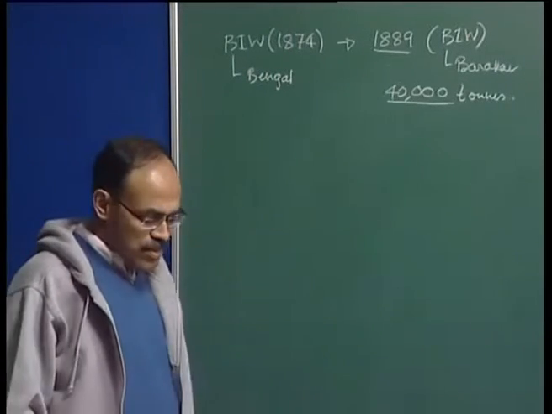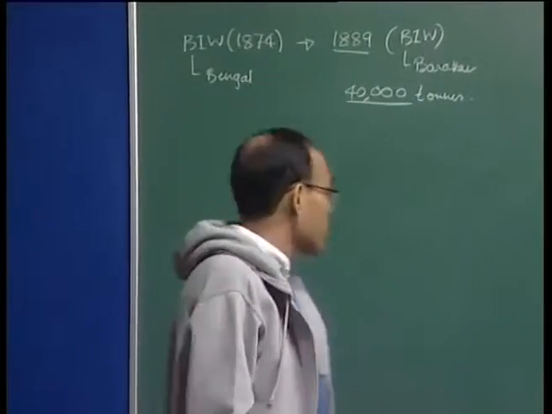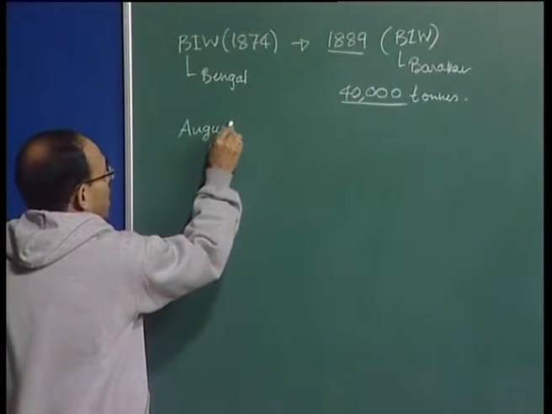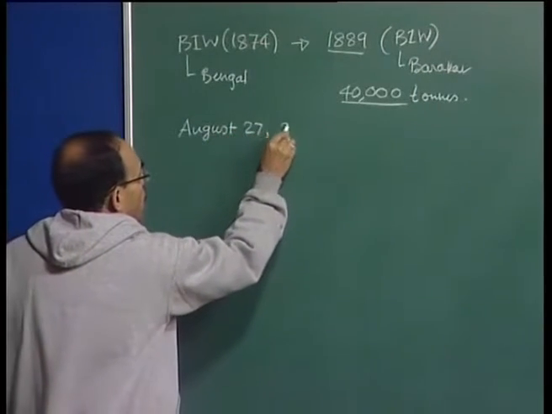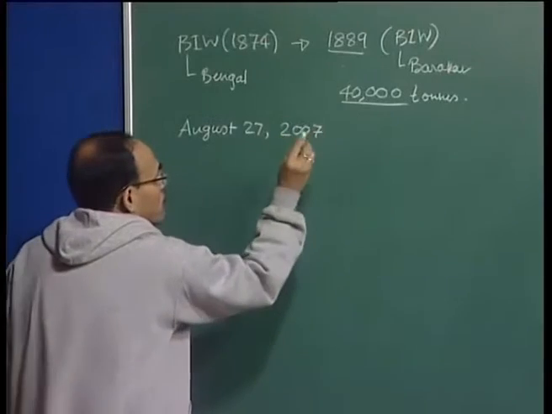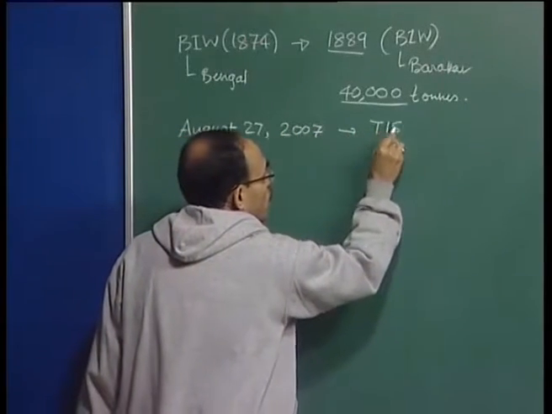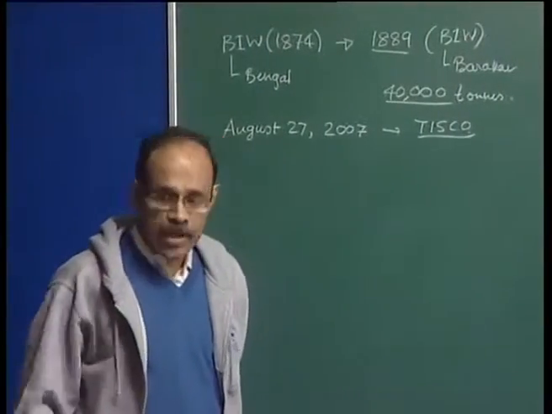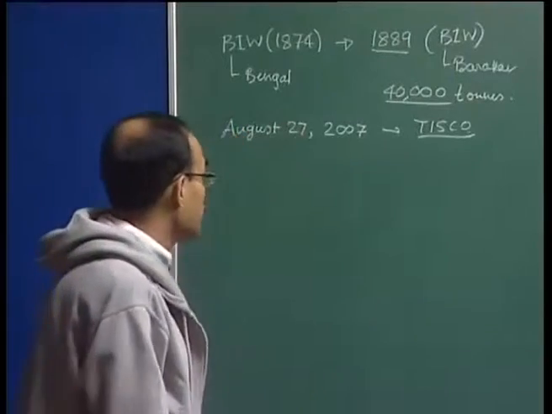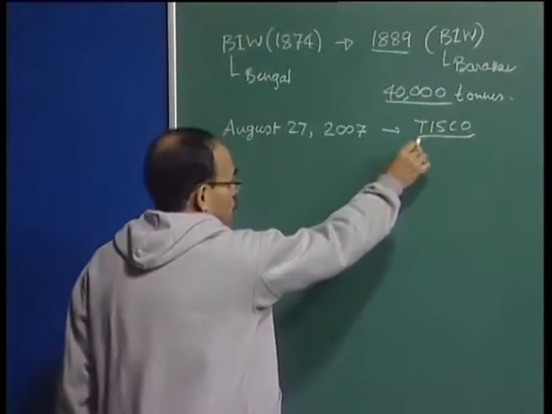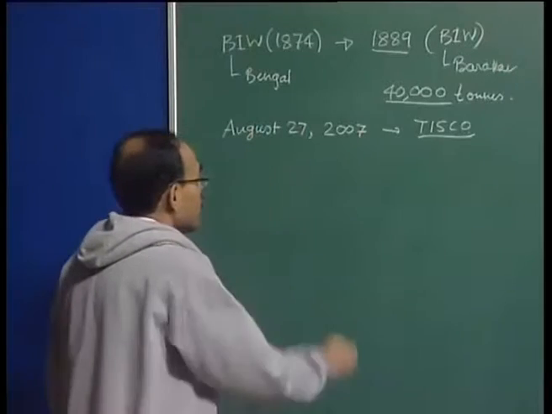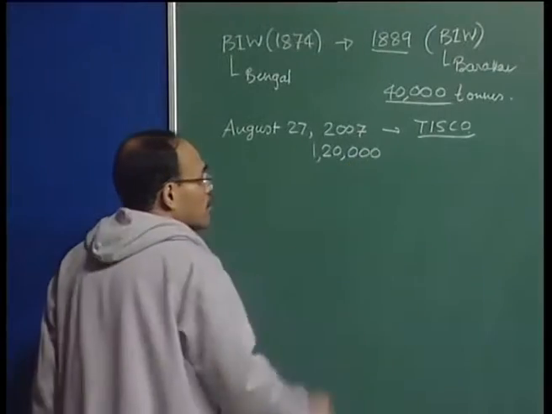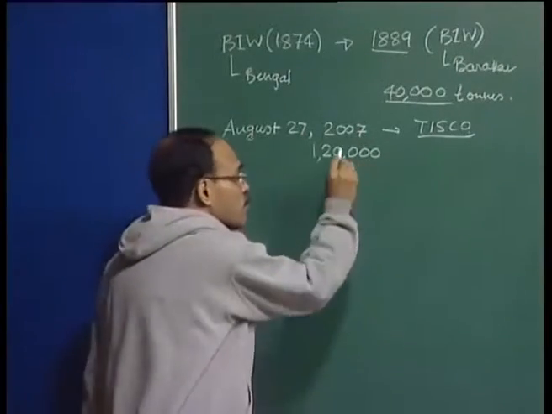the red letter day in the history of iron and steel making came, which is August 27th, 2007, when TISCO was launched at Jamshedpur. Of course, at that time, Jamshedpur was known as Sakchi, and Jamshedji Nauroji Tata started the TISCO factory with a rated capacity of 120,000. Iron and steel, so it's a finished steel production,